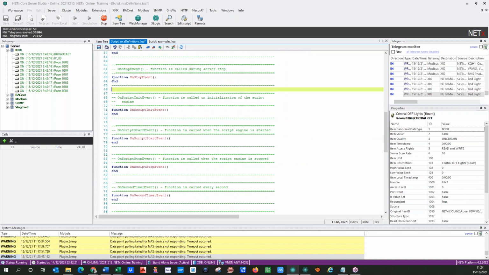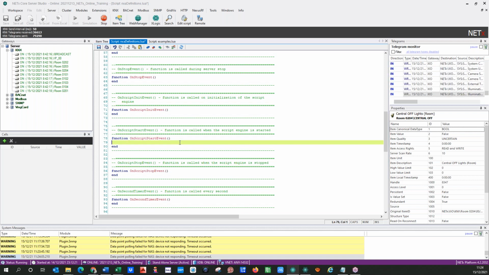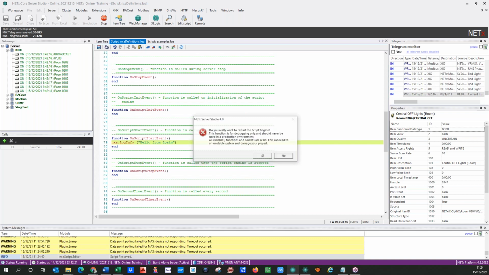But the process is also completed with a stop event, script init. It's also possible to do something when the script init or when the script engine is starting. For example, I can show you that there are some possibilities to write in the log info, for example, write something in the log. So you will see down in the system message window, hello from Spain, for example, but in text format. And if I save and restart,